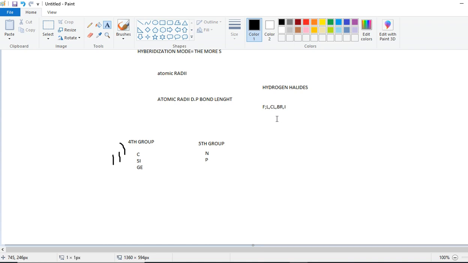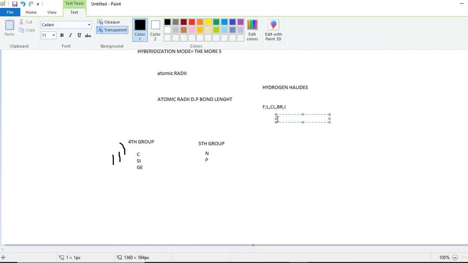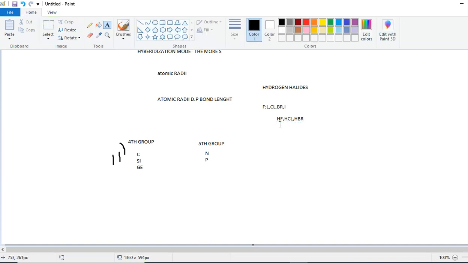Their bond with the hydrogen is known as hydrogen fluoride, HF. Then we have HCl. Then we have HBr. Oh my god, I'm making a lot of mistakes while writing it. Okay, so HBr and then HI. So it has very small atomic